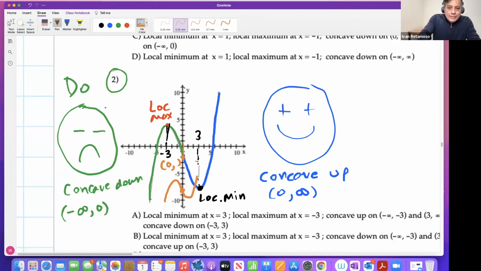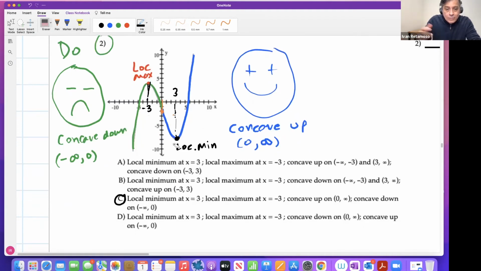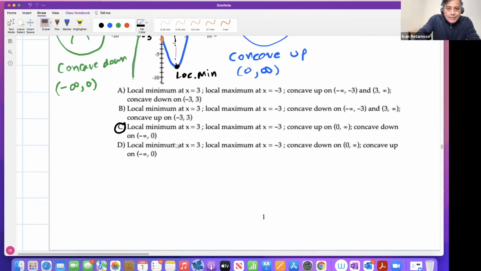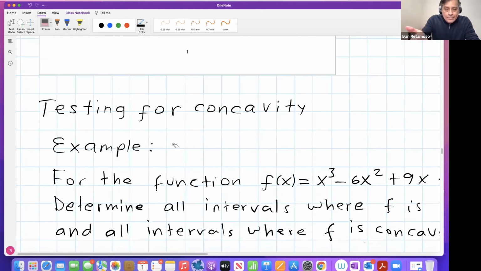Okay, great. So now I want to talk about how to find this change of concavity point, but precisely, so we have no doubt of where it is. It's called testing for concavity. And also then we will find it as an inflection point, right? First, let's do the testing for concavity. How to know precisely where the function is concave up, where the function is concave down? Well, in order to test for concavity,